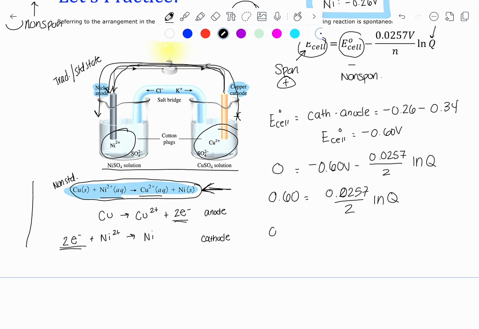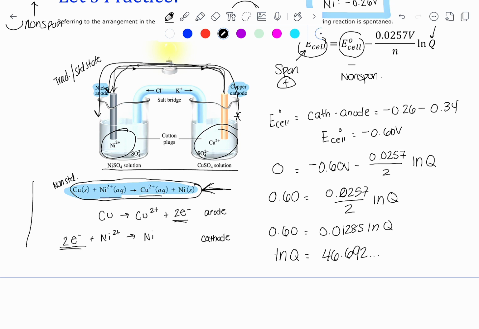So we get that 0.60 is equal to 0.01285 ln of Q. I'm again trying to solve for Q, so I'm going to do 0.6 divided by that 0.01285. So I get that the ln of Q is equal to